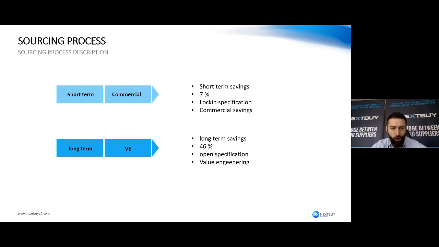Or you can go long-term, but then it would be a value engineering project where the specification is not locked, it's open, and then we are discussing, can we switch that item to that item? And you end up with 4,000 SKUs that you need to validate if you can really take them. Those are the two options that you have: quick and dirty, shave your 7% and you're good to go, or the CPO or the owner of the company decides, okay, we can invest now because the 46% out of this category is significant enough that we would spend that time going forward and then harvest much more.